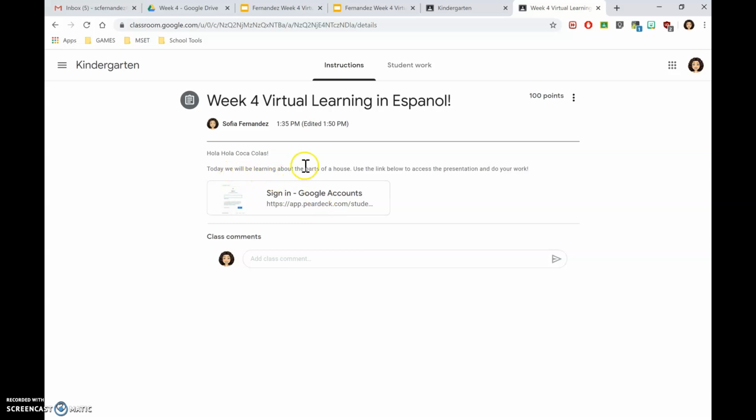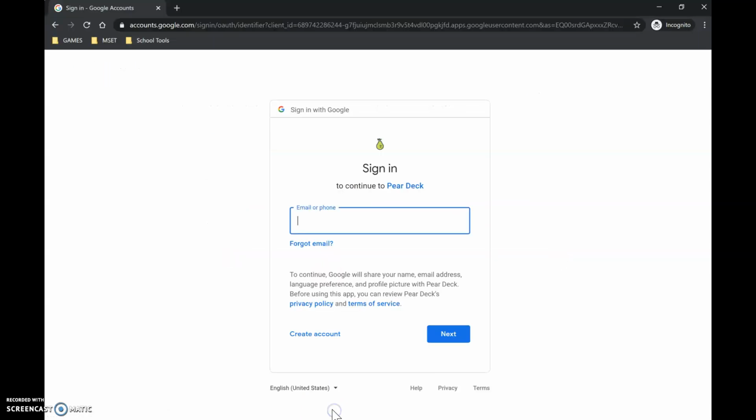So today we're actually going to be learning about the parts of the house. You're going to use the link below to access your presentation and do your work. So you'll go ahead and click on this link right here where it says sign in Google Accounts. When you do that, it will bring you to a window that looks similar to this. And what you're going to do is enter your first name dot last name at